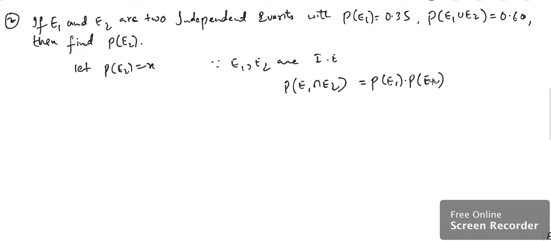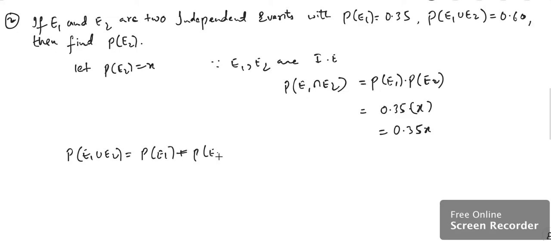By the conditional probability also, we can say we got this one. So probability of E1 is 0.35, and just now we have taken E2 as X. So basically this will be 0.35x, and we know probability of two events with the OR case is nothing but probability of E1 plus probability of E2 minus the intersection. It is for 2 as well as can be extended for 3. Probability of E1 is given to us as 0.35, this we've taken as X, and this we got on top, 0.35x. The union is given as 0.60. So basically we need to work out this one.